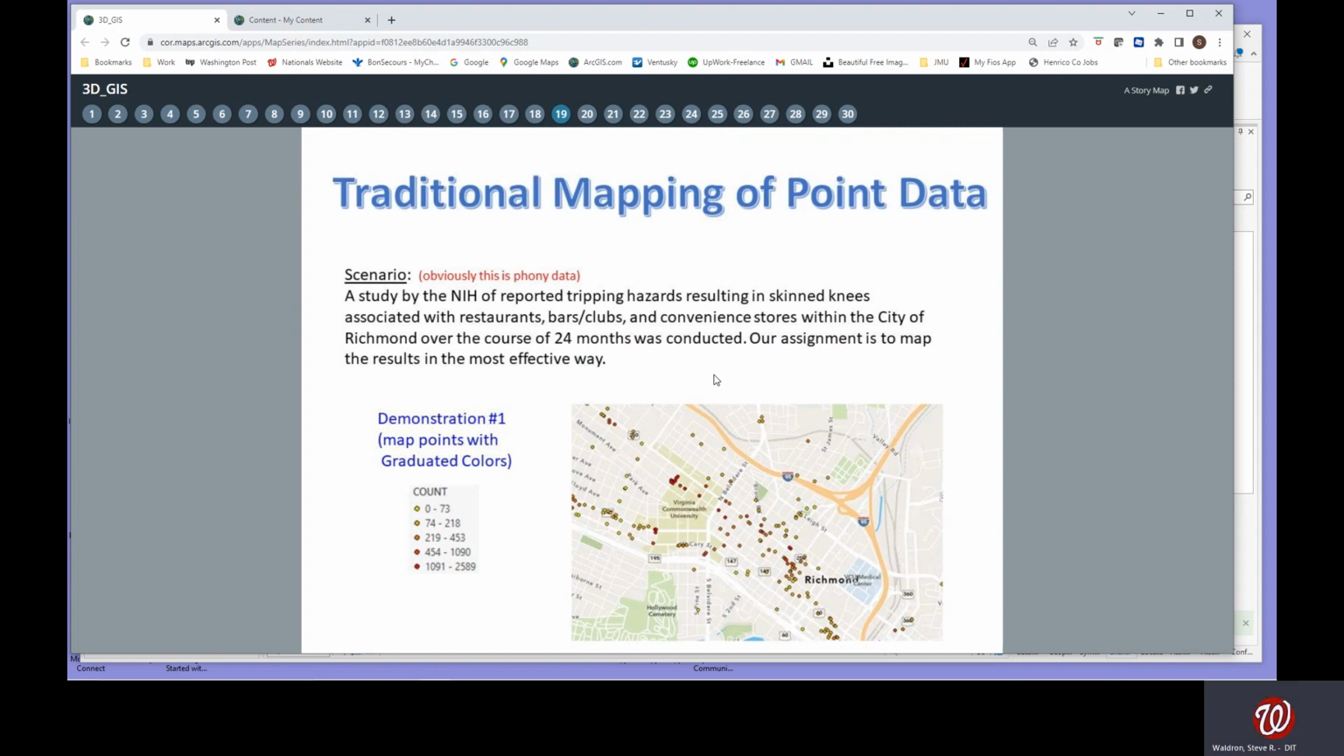So here we will try mapping in more traditional ways, and then we'll do it in 3D, and we can see if you agree if the 3D method is the best method. You'll recall very early on that I said that 3D mapping is sometimes better and easier to see patterns in your data. So in this first demo, we're just going to map them with the points with color ramp and leave them as points. So let's jump over here,